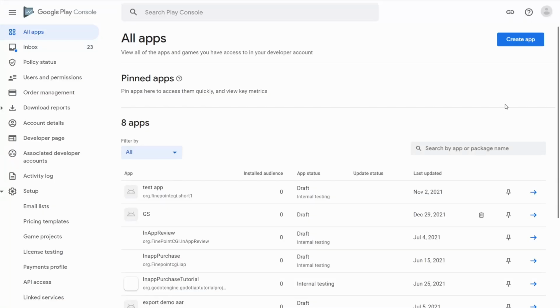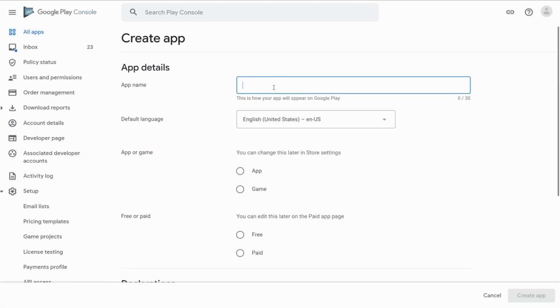Okay, so the first thing that we need to do is actually create our app for our project to be associated with. When the Google game service goes out, it needs something to communicate with. So it's good to just start with this and then move into the coding section afterwards, because it makes it a little easier. So what we're going to do is come up here and click Create App. And for our app name, we're going to go ahead and call it